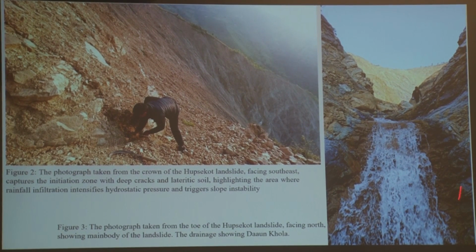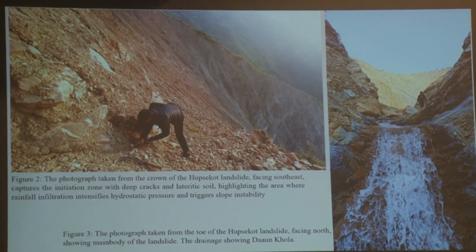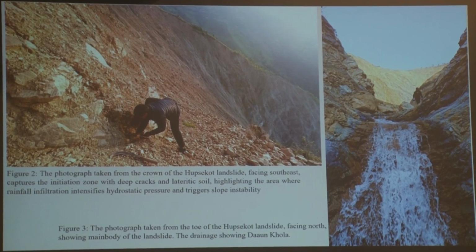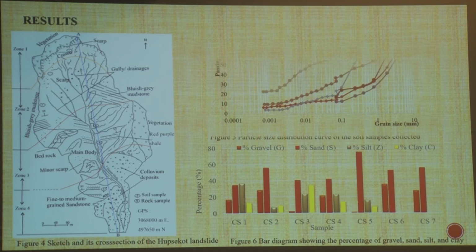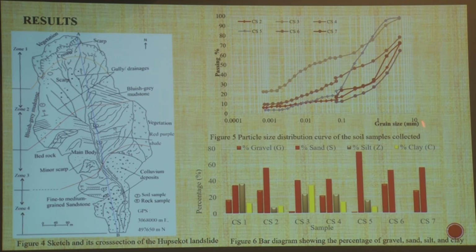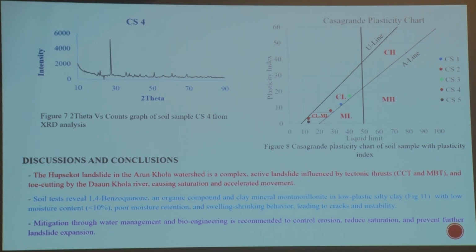The next one is a photograph taken from the toe of the subsequent landslide facing north, showing the main body of the landslide, and the drainage seen here is the downslope colluvium. And here is the sketch of the landslide, and some geotechnical parameters were studied from the soil samples. This is the XRD that I have done from the soil samples, and this is the Casagrande plasticity chart